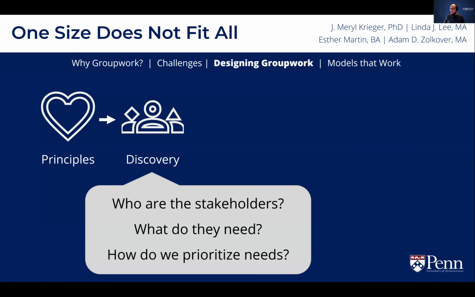And then finally, how do we prioritize needs? How do we understand that not every idea can or should be implemented? Reading interactions with stakeholders through the lens of your starting principles is key here. Think, will this improve learning? Will this improve student experience? Can this be reasonably supported given institutional resources? And even if this seems resource intensive at first, can it be made sustainable as we scale?